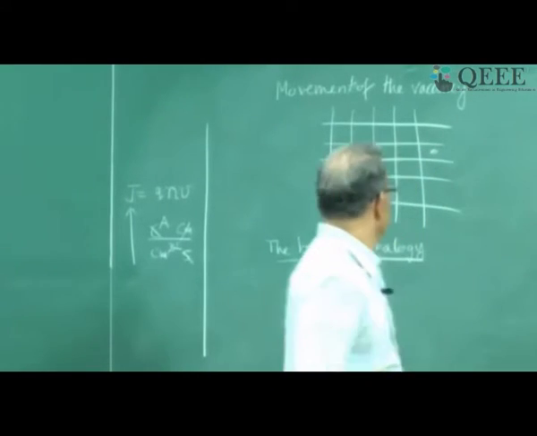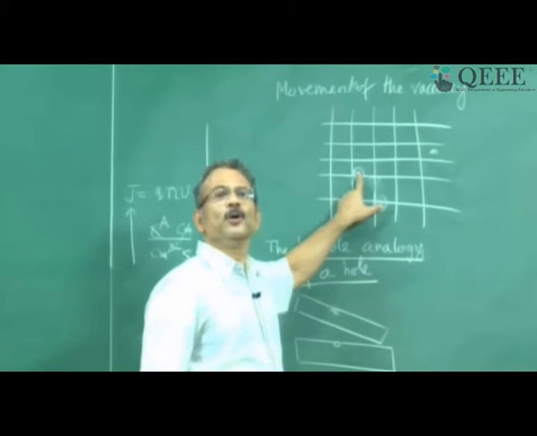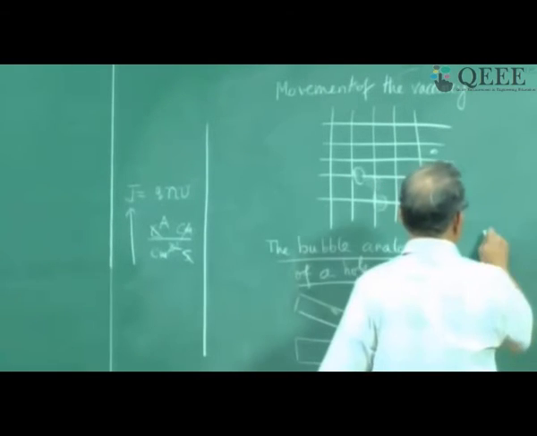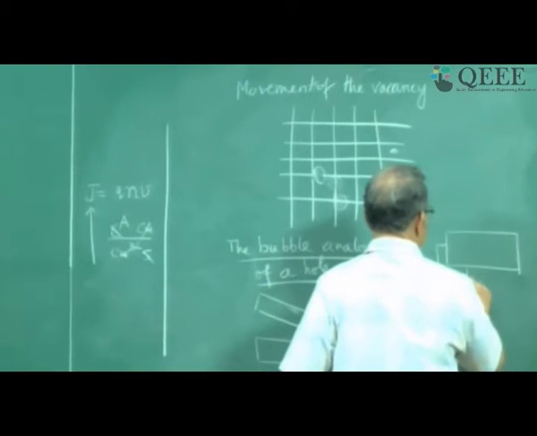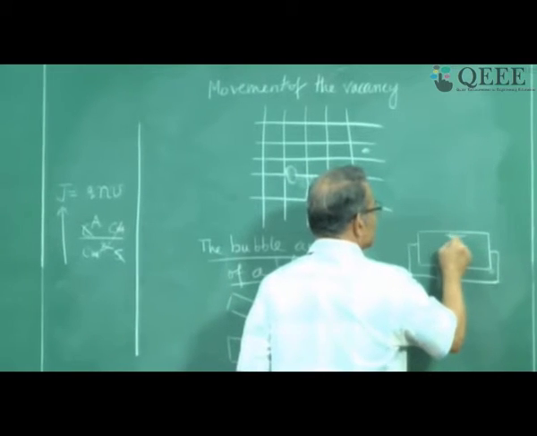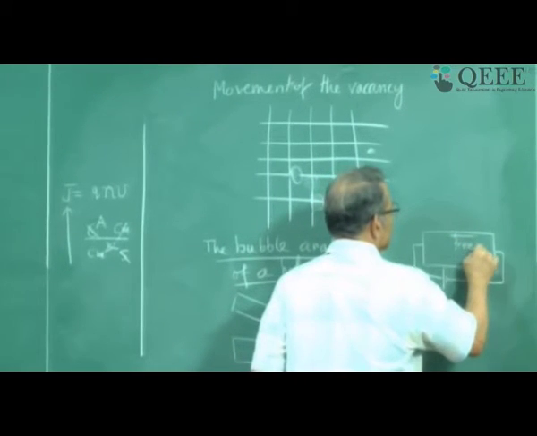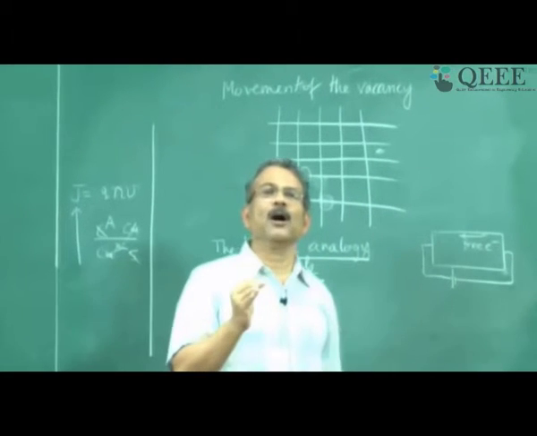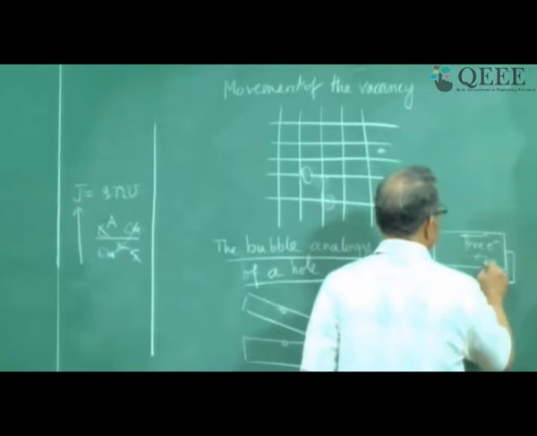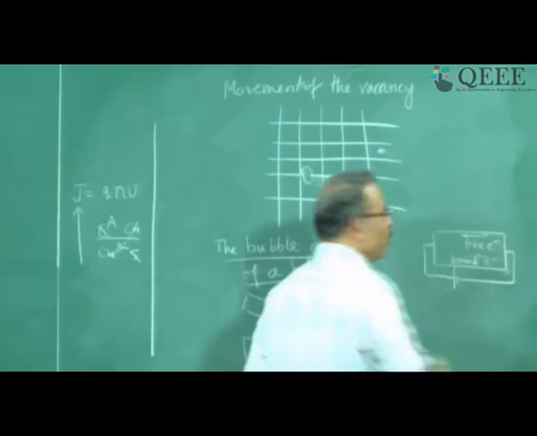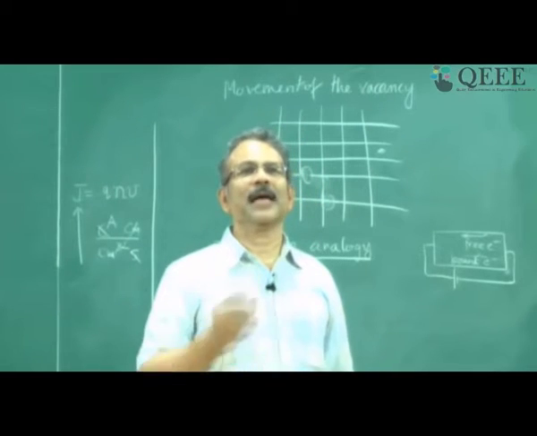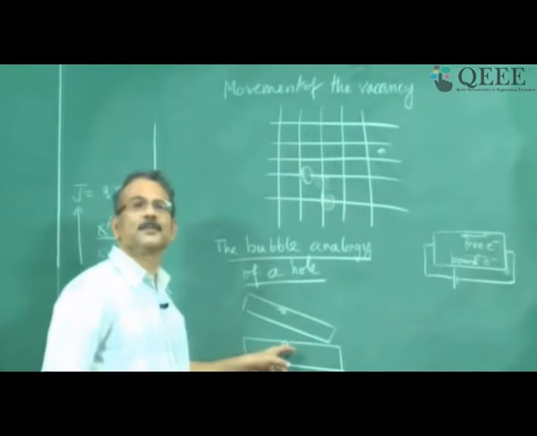So the vacancies can also contribute to movement of electrons. So when you apply an electric field to a semiconductor, then you will have movement of free electrons, and in addition you will have movement of bonded electrons or bound electrons. How can bound electrons move? They move via the vacancies left behind by the free electrons, just as the liquid moves through the bubble, okay, in the same way.